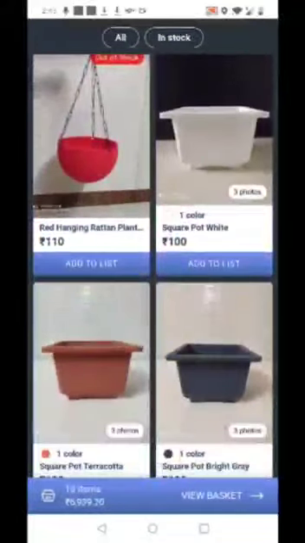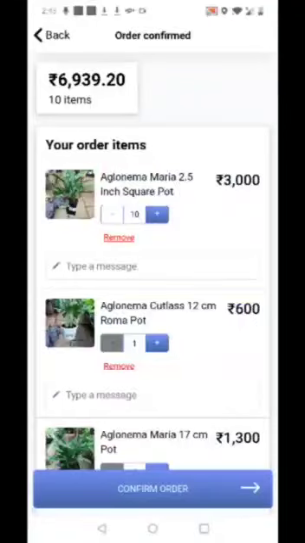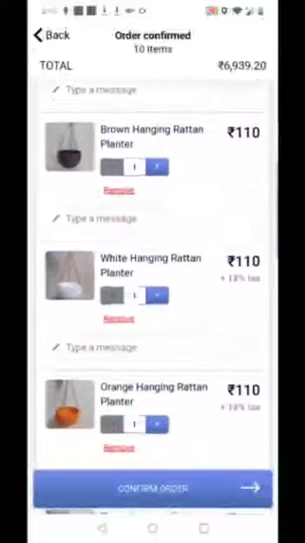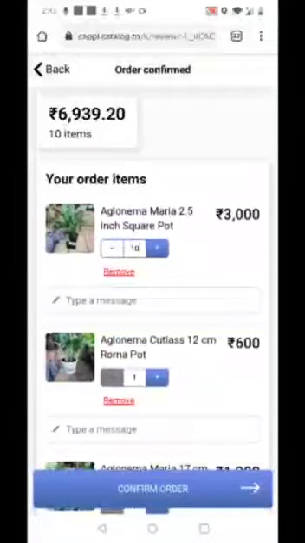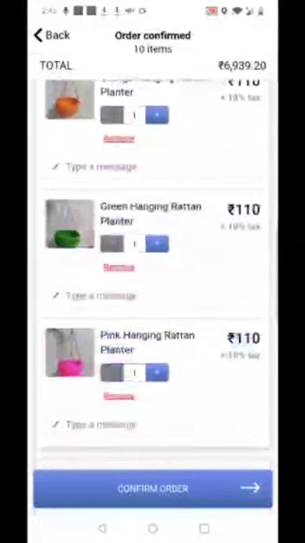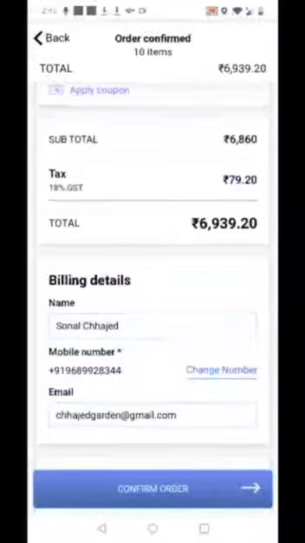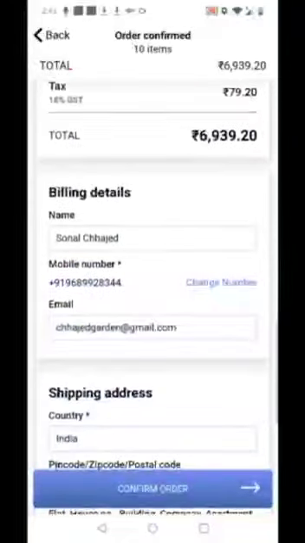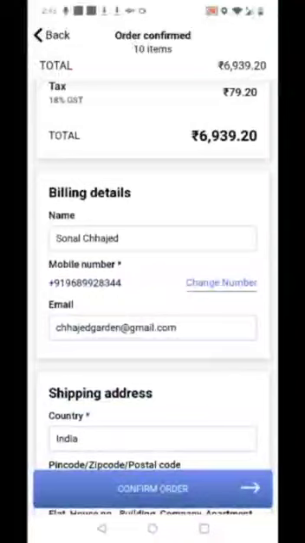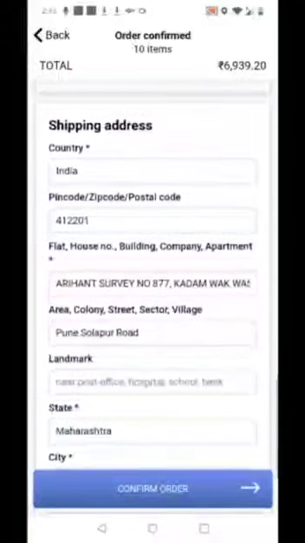and then whatever products you've added, you could view the same in your basket. You also have an option of editing the quantity here, and once you see everything is okay, you just have to enter your billing details here. It's very important that you give all the correct information here, since that avoids a lot of rework.